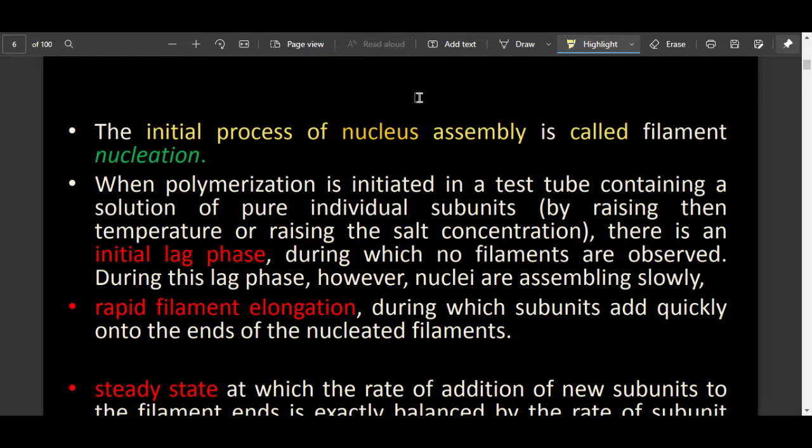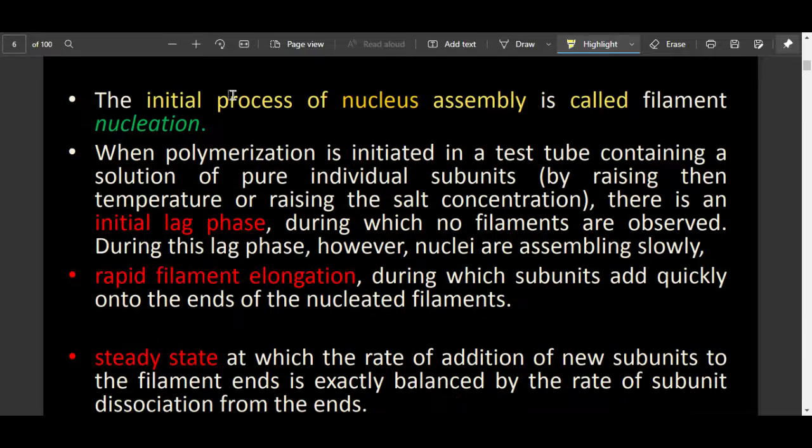If the filament needs to grow perfectly, the first thing that needs to happen is nucleation. The nucleation process is the initial process. Initially, there should be a nucleation for filament growing. Then the polymerization is initiated